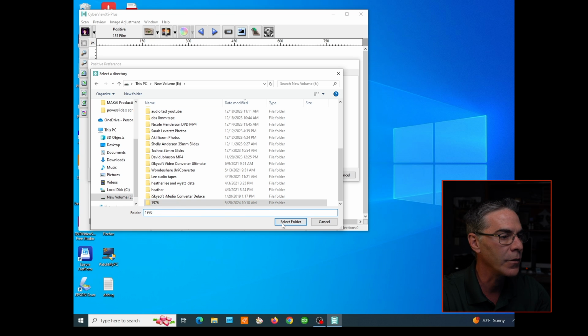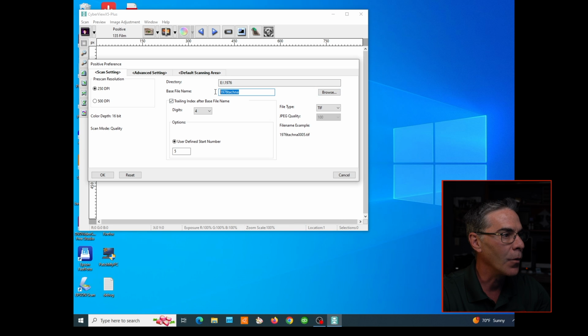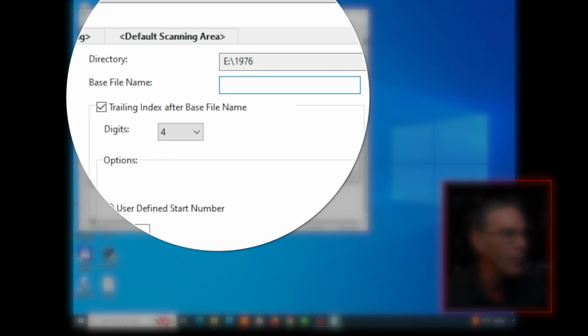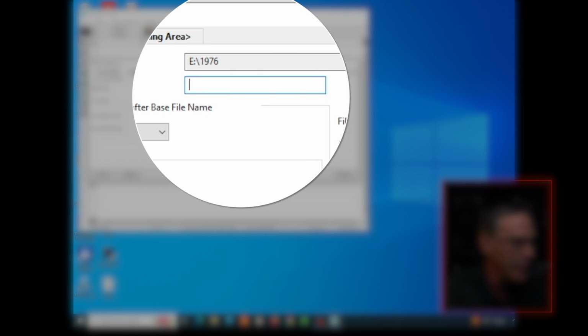Folder 1976, that looks great. Now right here is the base file name. Let me delete that really quick, what's on there. The base file name is going to be the prefix of your images, so they're just not 1, 2, 3, 4, 5, 6. So what I'm going to do is type in Tachna